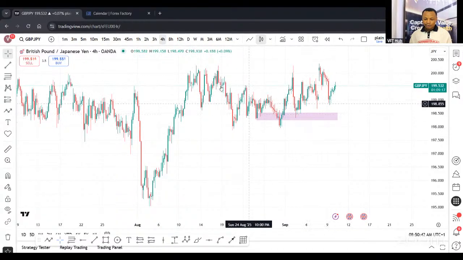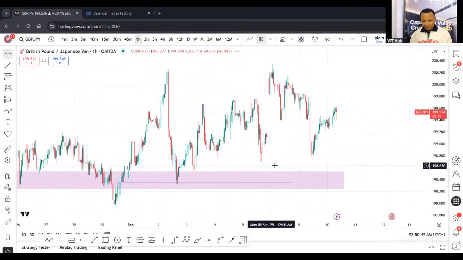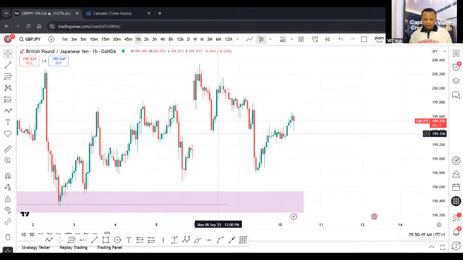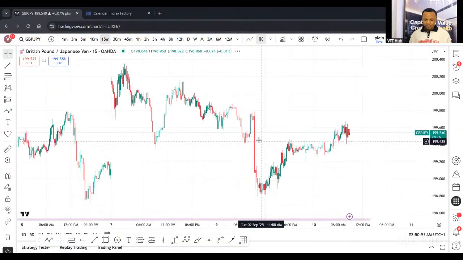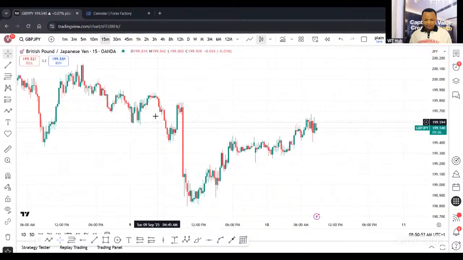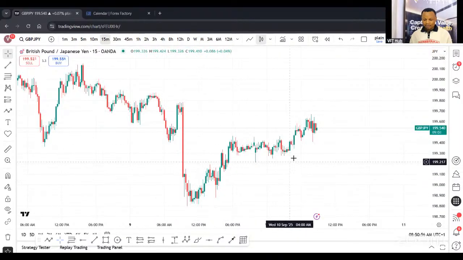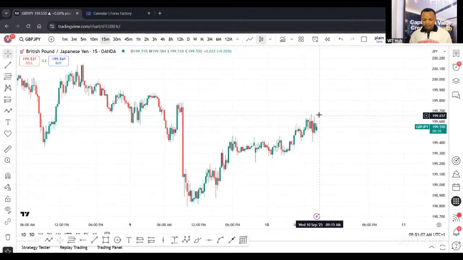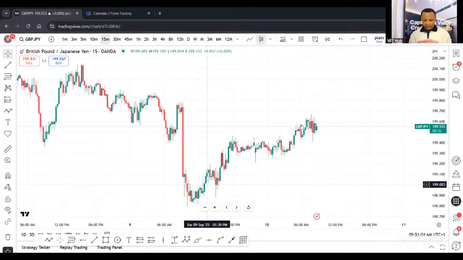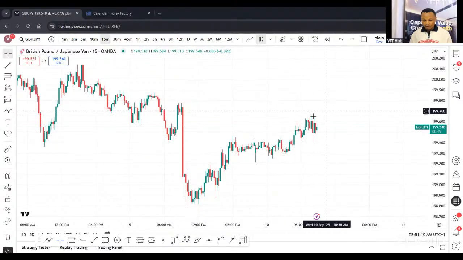So I would advise you look at microstructure. By that, I mean, look at the 1 hour time frame. Just follow what the immediate trend is doing and then execute on the 15. So right now on the 1 hour time frame, you can see that the immediate trend has been a sell. Right now, it's been buying. Well, then you can see there's no momentum to the buy side. So you can start looking out for sell setups because it has bought a little to the premium of this last swing to the downside. So at this point right now, I'm looking for a sell setup on GBP JPY. And once I see it play out, I will be willing to rush in and take advantage of it, okay? So we're looking for a sell setup on GBP JPY.